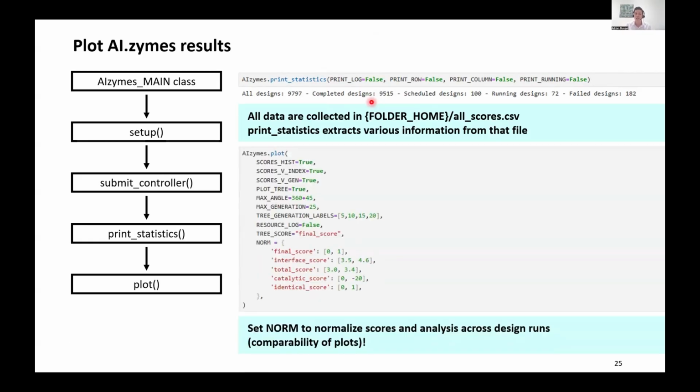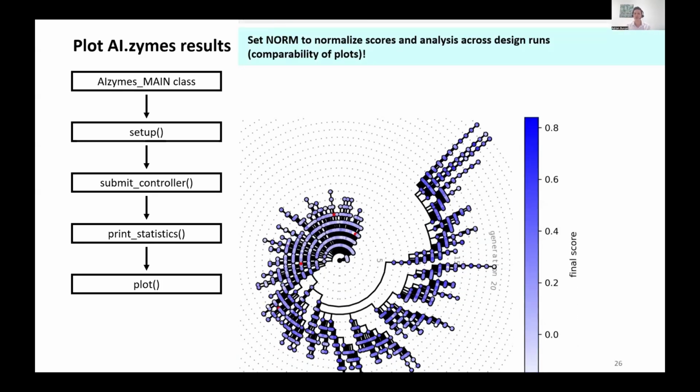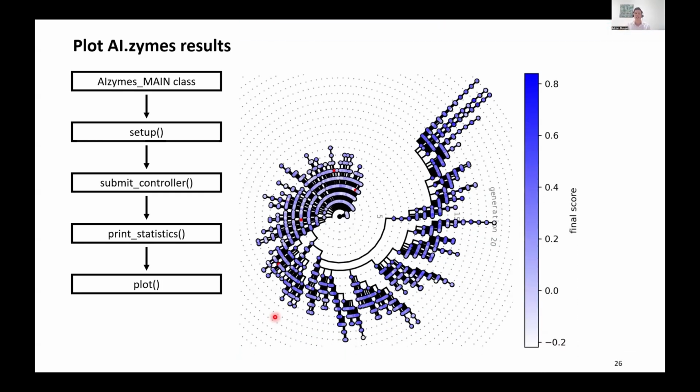The next function to use is plot, where we are plotting the design results. And here I'm just going to very quickly walk you through the various plots that we're providing. So first of all, you get this evolutionary tree. I've already shown this before. So here I'm projecting the final score, which is essentially an aggregation of all of the scores we're working with